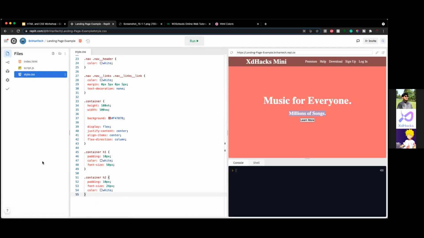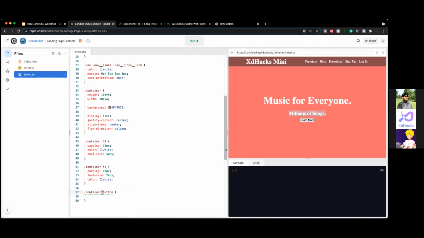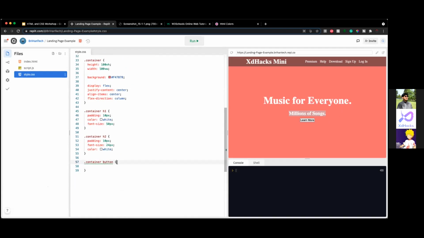Now we get into styling the button. So dot container button. So we're saying dot container and all the button elements inside the container. And notably, I don't have a dot in front of the button because it's not a class. That's just the element. And I'm just gonna give it a background color